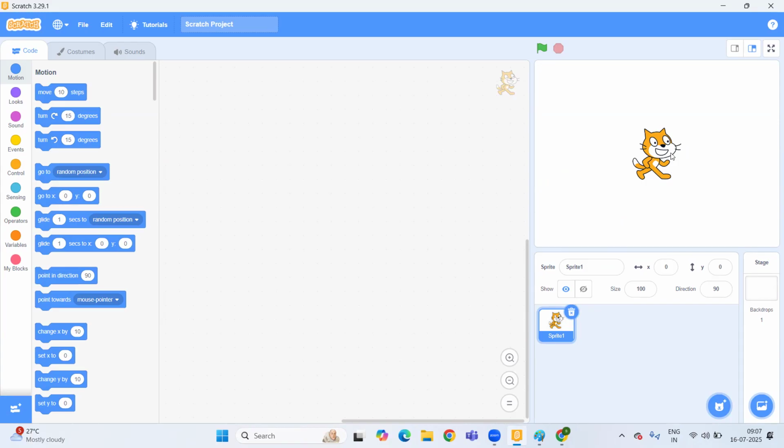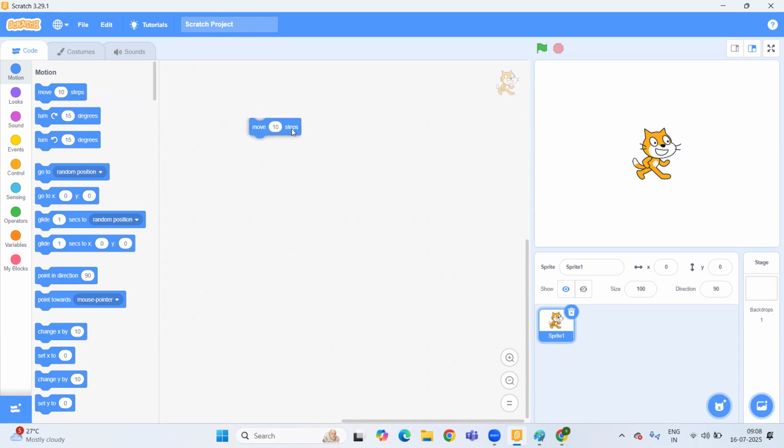So basically, the move block moves the sprite forward in the direction it's pointing. For example, I'm taking move 10 steps here. And what is the way to take this?